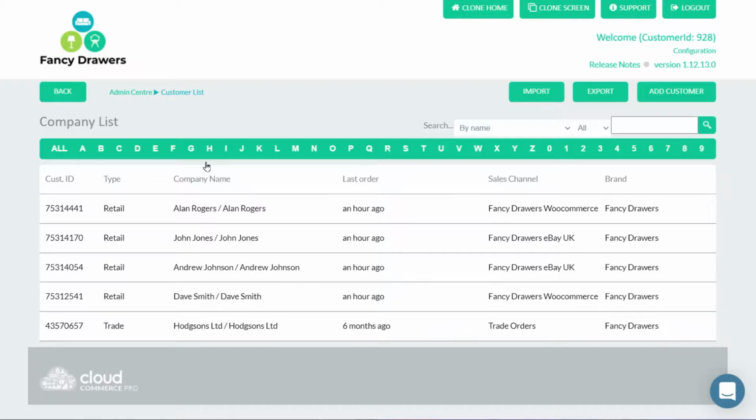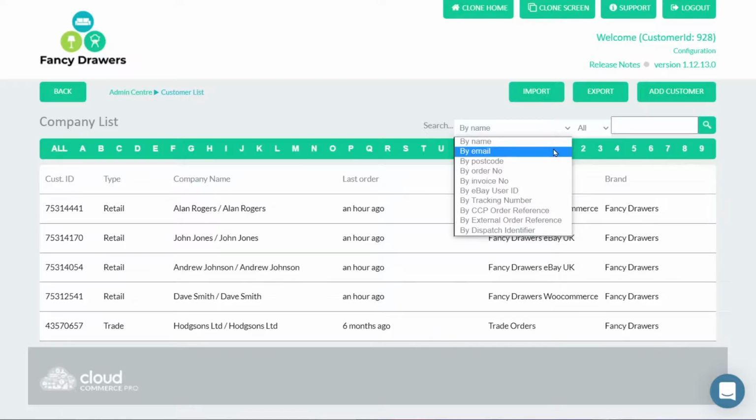You can find any specific customer by filtering by any of the letters and numbers across the top, or you can search for a customer here. This search defaults to by name, but you can search by any of these fields: by email address, by postcode, by the order number assigned to the order by CCP, by the invoice number generated by CCP, by eBay user ID if the order is from an eBay customer, by tracking number if the order has already been shipped,